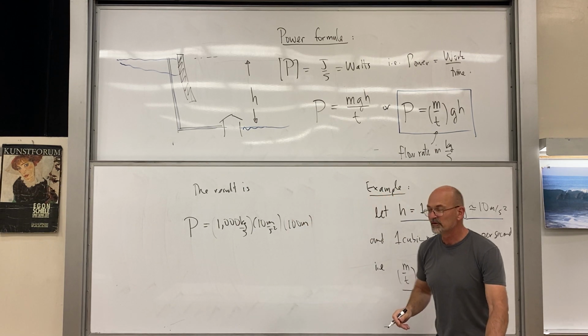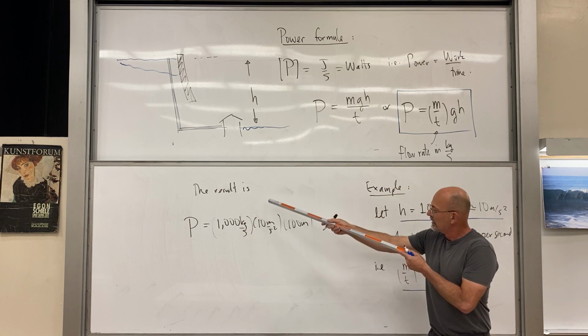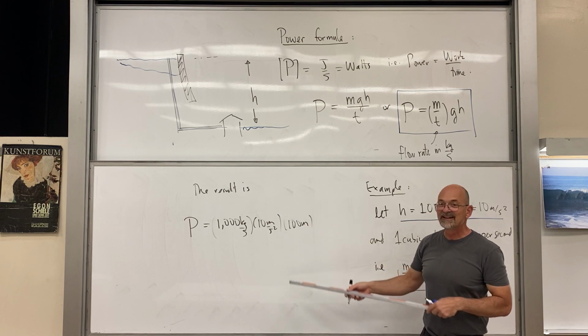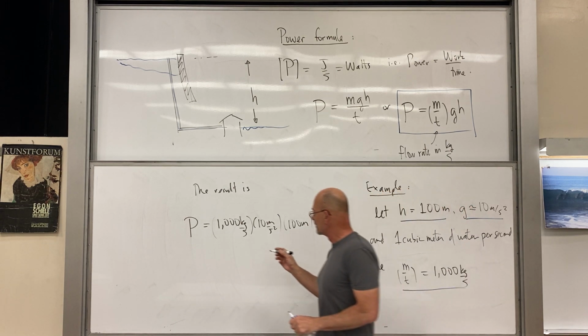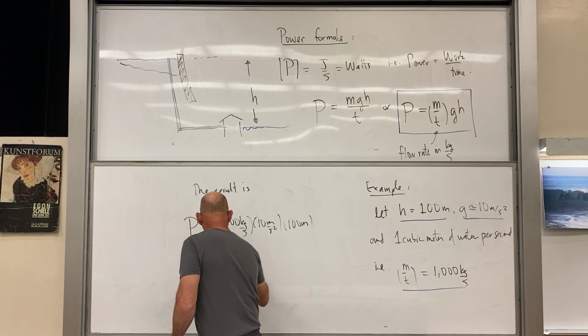So you notice I chose some great numbers here, okay? That's 10 to the third power, times 10 is 10 to the fourth, 2 more zeros is 10 to the sixth, okay? So this power here is 10 to the sixth watts,